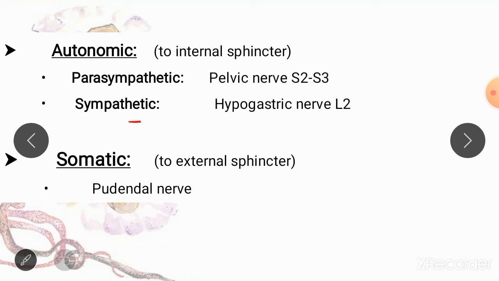Your sympathetic nerves arise from the L2 segment or the lumbar segment of your spinal cord, and these nerves are known as hypogastric nerves. So you must remember बेटे कि ये आपका fight and flight system होता है sympathetic nervous system, and your parasympathetic nervous system is your rest and digest nervous system. So you must remember that to micturate or to pass urine, your parasympathetic nervous system must be activated or involved,